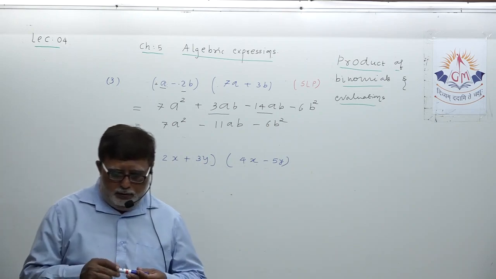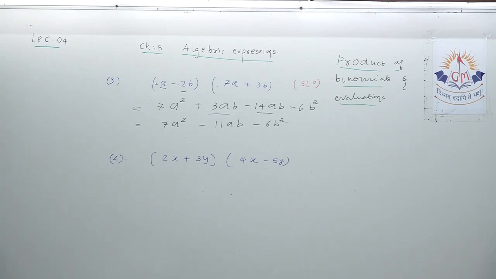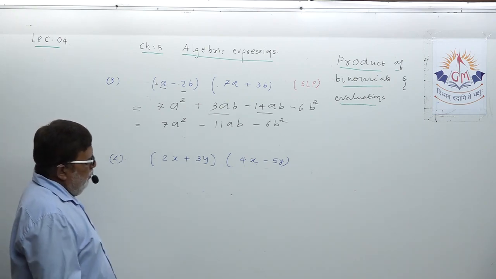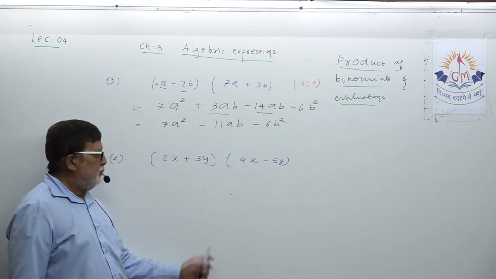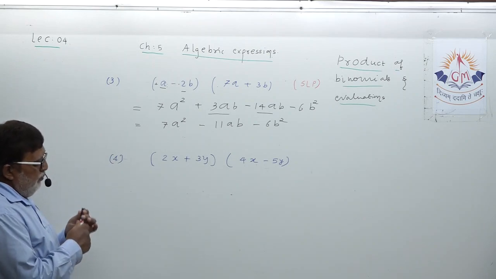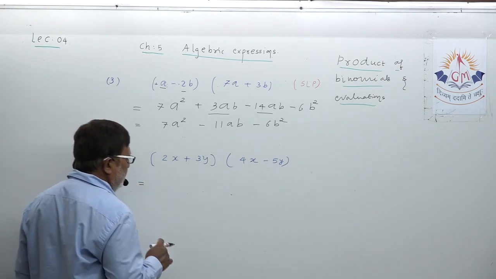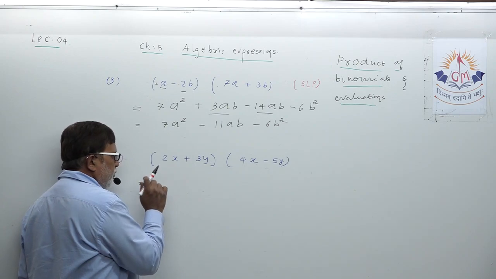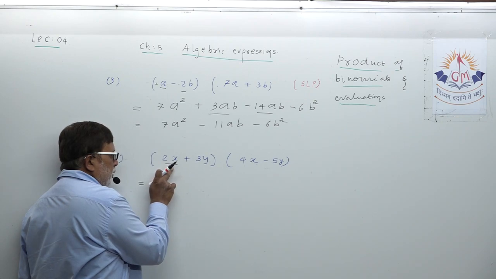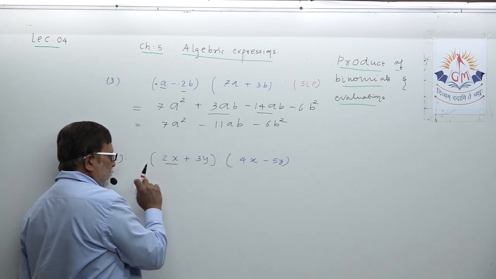Again, before I continue the example here, please start continuing yourself, okay? You can also solve the example. Two binomials have been given. One is 2x plus 3y, another is 4x minus 5y. Like we do in all examples, what you need to concentrate on is that the first term of this binomial is to be multiplied with both terms of the second binomial. Let us start.